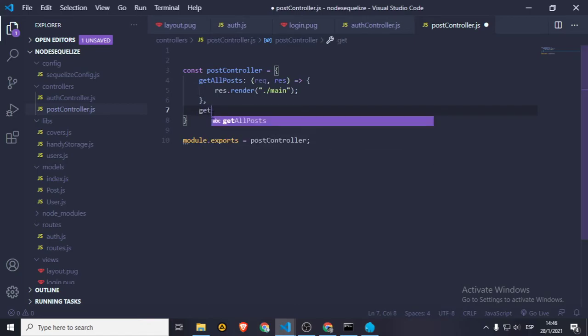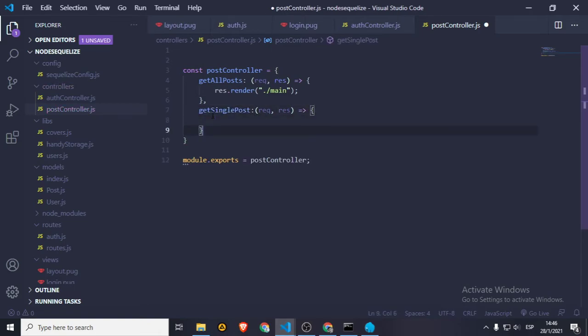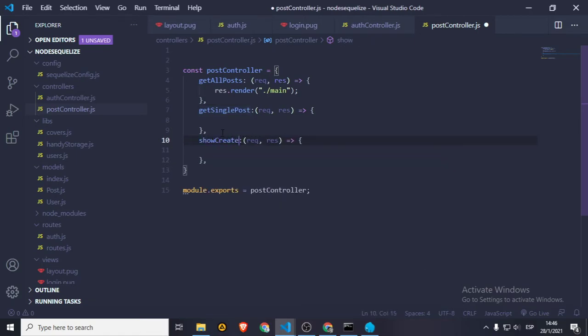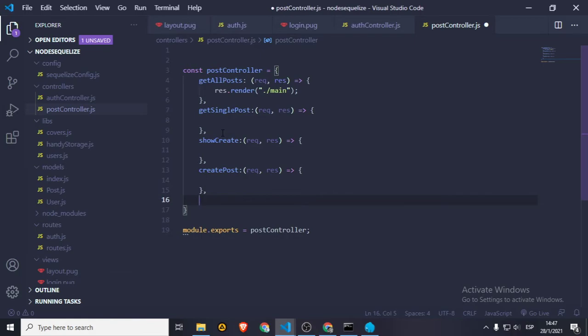So let's say get single post. I think that is called, okay. Also request and response. I can just copy all this stuff, really. So we have a get single post. Okay, we will need a show. I thought I didn't do that, but yeah, we will need a show create, something similar to Ruby on Rails and Laravel, and create post that handles this. It's like the store function on Laravel, and I think it's the same on Ruby on Rails. Those two are actually kind of the same. So show create post, update post, okay,